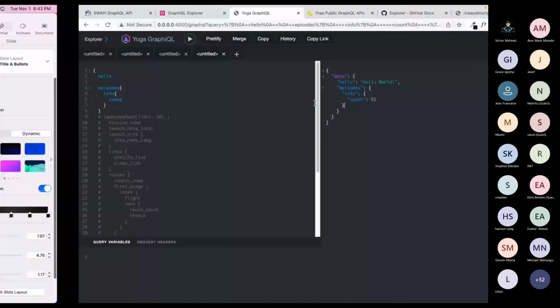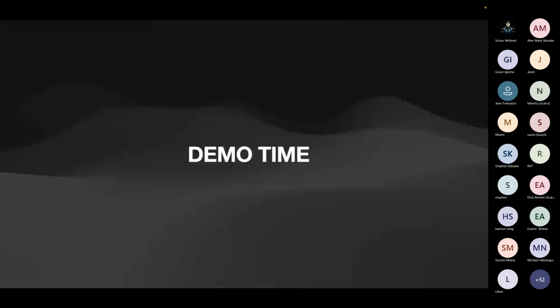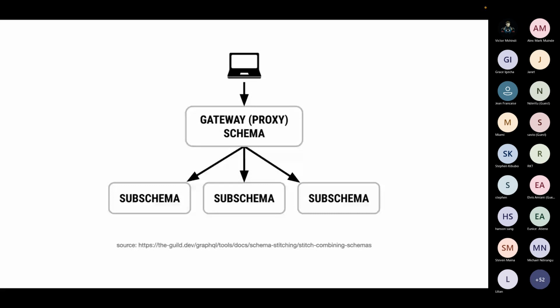Cool. So, with that, essentially what we've done is we've just created an API gateway really, really quick, even though it's not us who built this stuff. Just to recap what we did, this is how an API gateway works. You have this gateway, then you have sub-services, and all the gateway does is act as a proxy layer that delegates requests through to the underlying services.